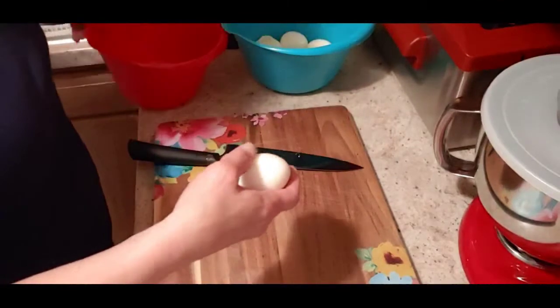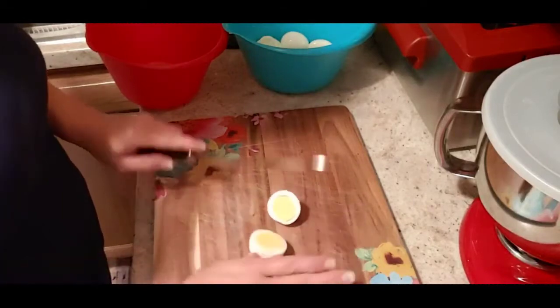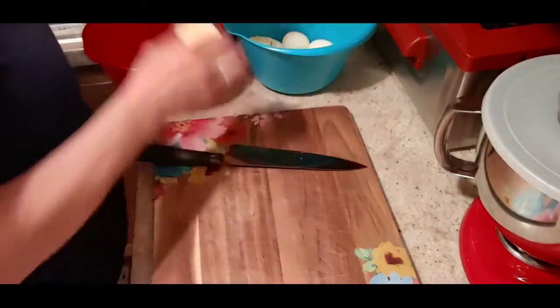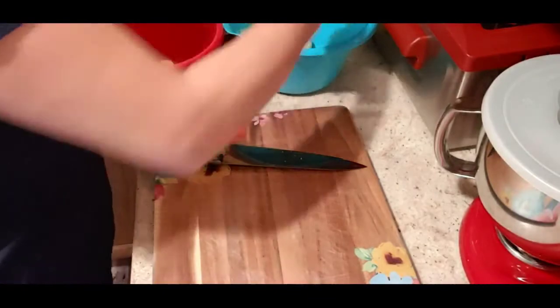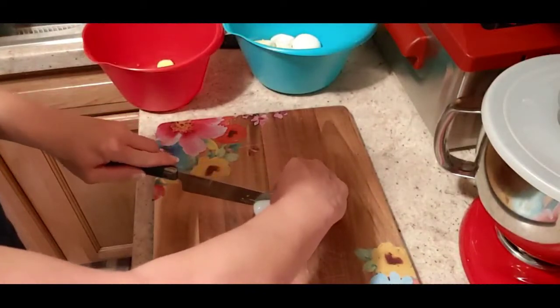And I'm just going to keep cutting these up like this. I just cut them in two, and cut them, you know, really whatever way you want to cut them. You can cut them the other way as well and fill them, if that's the way you want to do them. Like this. I just turn them over, and I can go like this too and just cut them